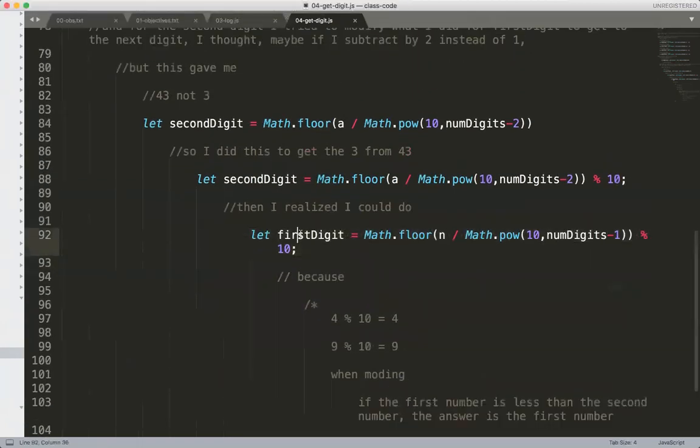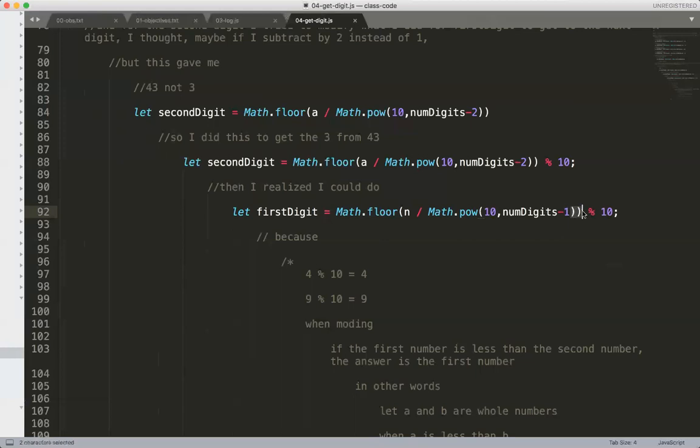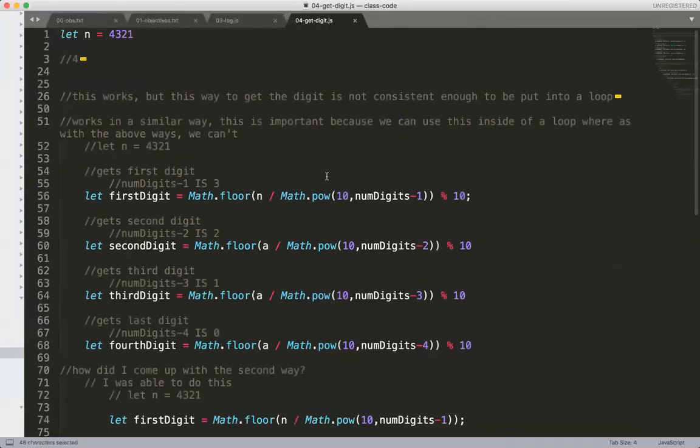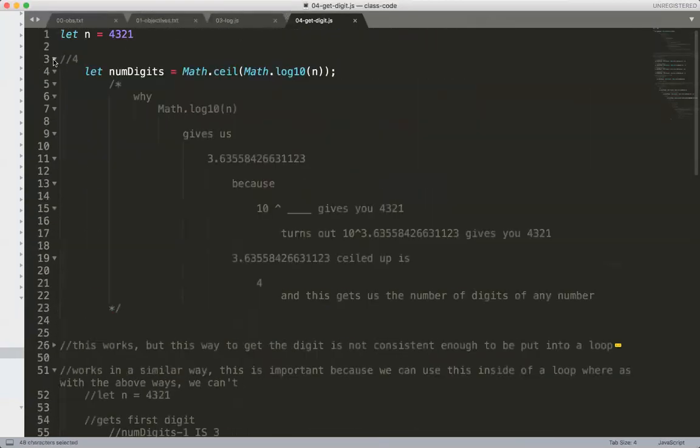So for the first digit, right here, you could actually just do the same thing, right? This will actually get you 4. We just mod it by 10 to be consistent, right here. So I'm just showing you the thought process. This is what I actually